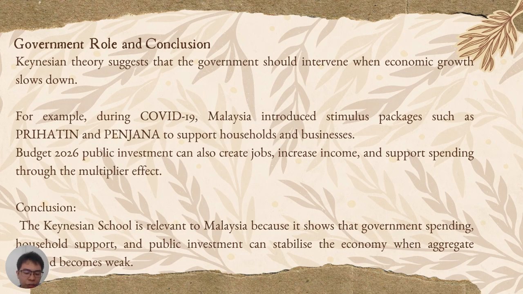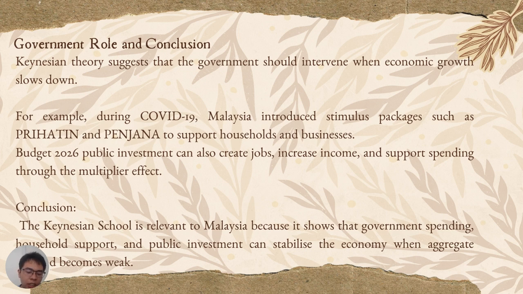Budget 2026 also reflects Keynesian ideas. Through private investment and government spending on infrastructure, school, hospital, and transport projects, it can create jobs, increase income, and encourage further spending in the economy. This process is known as the multiplier effect, where an initial increase in government spending can generate a larger impact